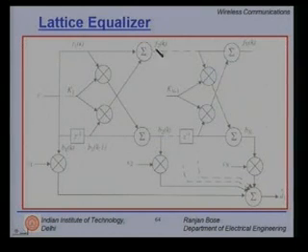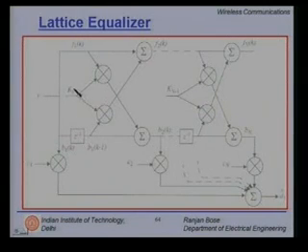Here is the forward loop. Here is the backward loop. The forward loop is being characterized with f1k, f2k, and so on till fnk. The backward loop has these coefficients b1,k minus 1, b2k, and so on till bnk. The delays are here, C1, C2 up to Cn, and this particular structure is called the lattice structure.